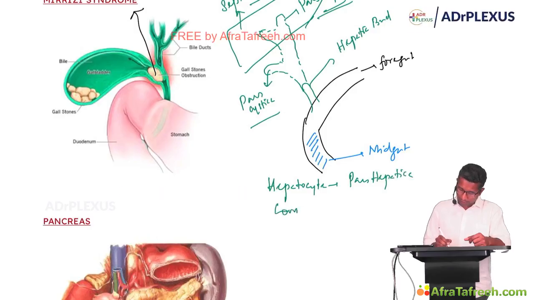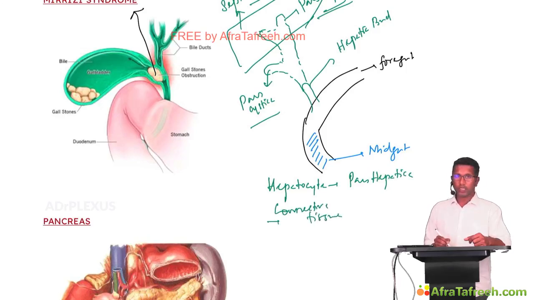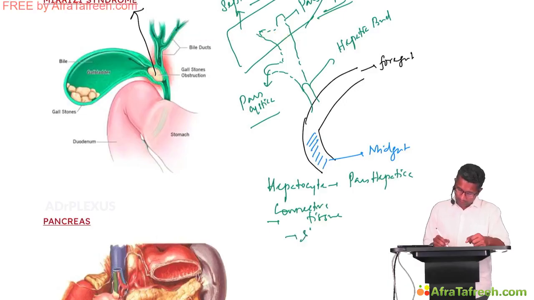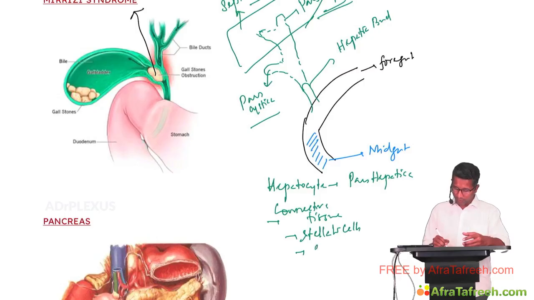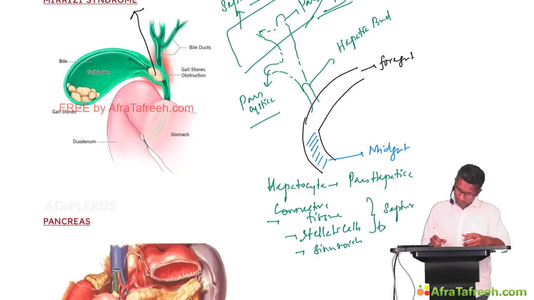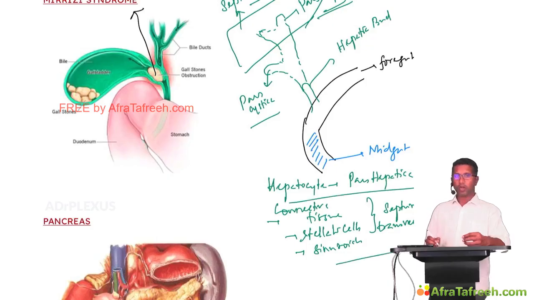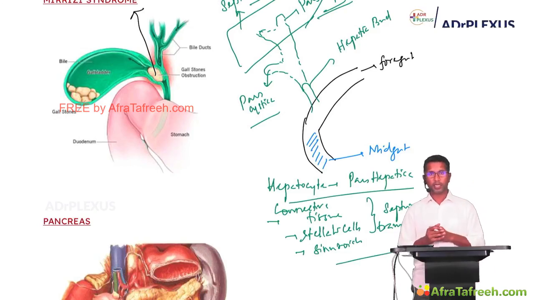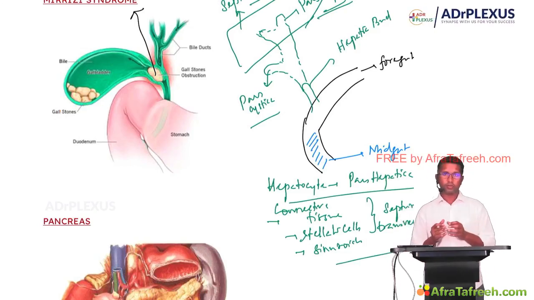The connective tissues of the liver, the stellate cells of the liver, and the sinusoids of the liver are derived from the septum transversum. So the liver is formed not only from the outgrowth of the hepatic bud, it is also formed by